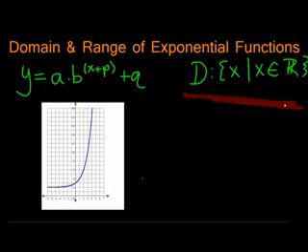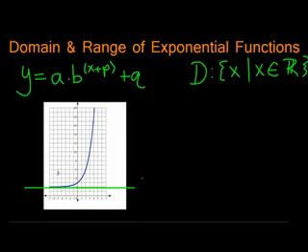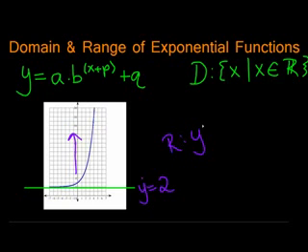So now let's look at our range. We can tell here that we're going to be positive something based on the graph. So let's draw in our asymptote. Here in green, I have drawn the horizontal asymptote. It is at y equals 2. Now we notice that our graph never goes below that line, but it also, as we know from the definition of an asymptote, never touches the line. So since everything else in our y is included, we know that our range is y is greater than